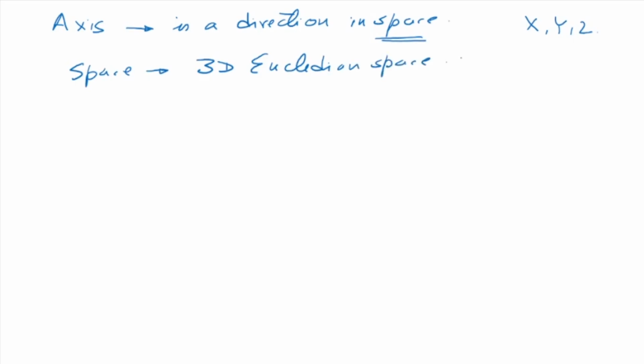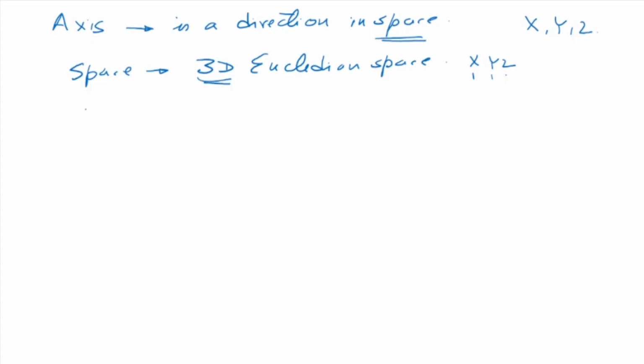This three-dimensional Euclidean space is 3D, meaning three-dimensional, and hence you have x, y, and z. There are 3 axes. So it answers two questions: what is an axis, and why there are 3 axes, x, y, z, because we are talking in terms of three-dimensional Euclidean space. We should remember this, because a lot of the properties of the matrices that we are going to deal with will depend on the space we are talking about and the axis system.